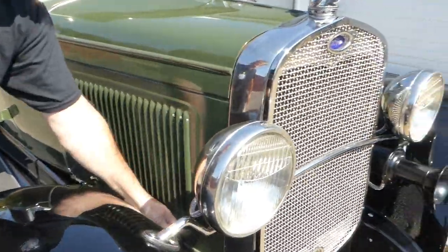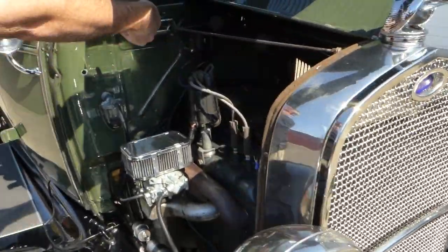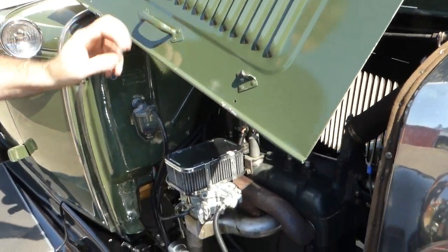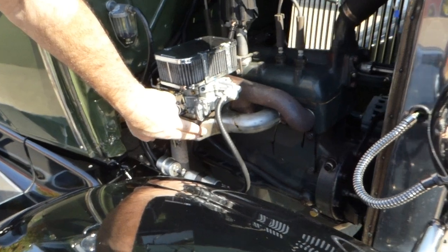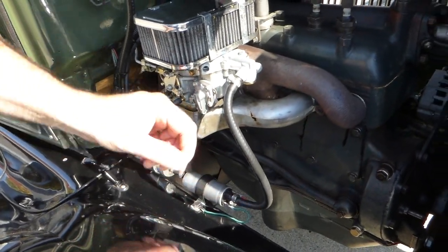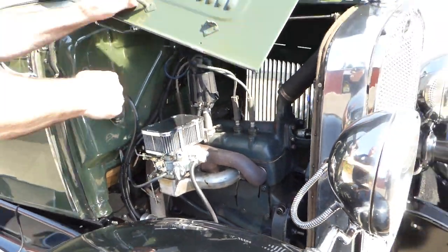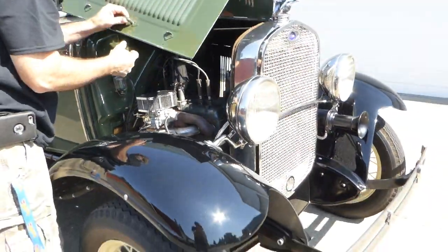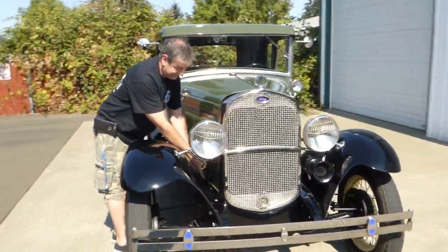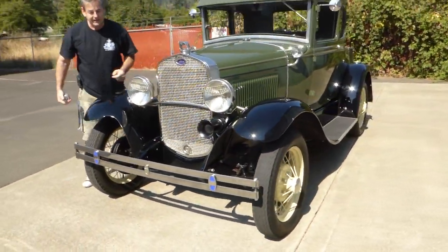Show you under this side of the hood. Same deal. Got a little stand there. So here's this 2-barrel carburetor. And this is your electric fuel pump and fuel filter. So you've really got some nice upgrades is what I'm trying to point out to you in terms of being able to actually drive down the road. This car is very roadworthy, drives very nice for an original Model A,